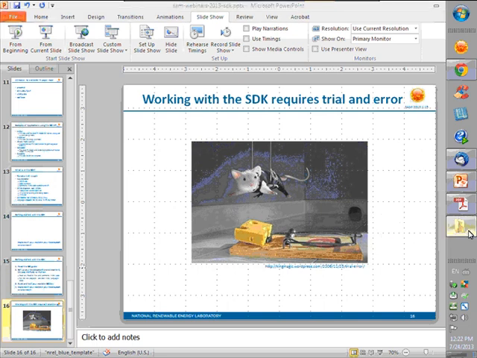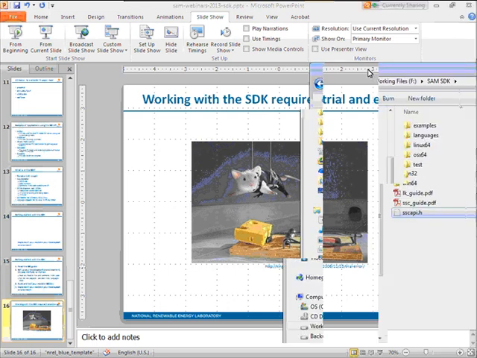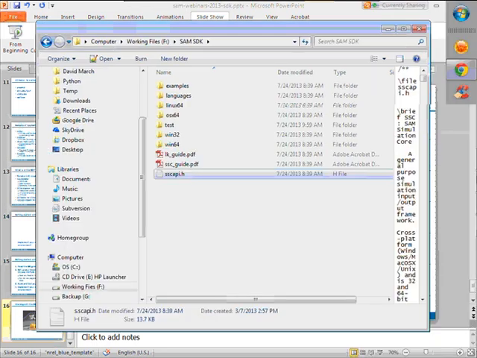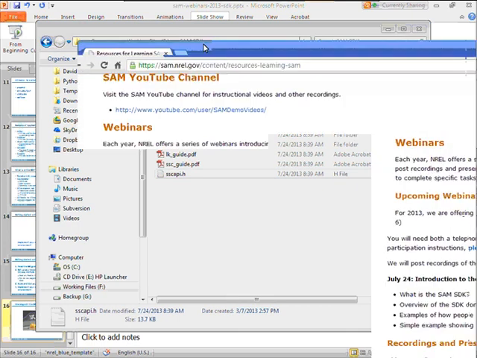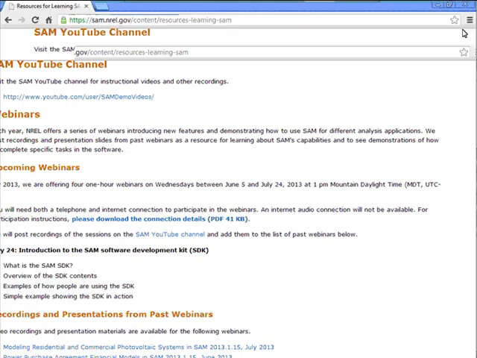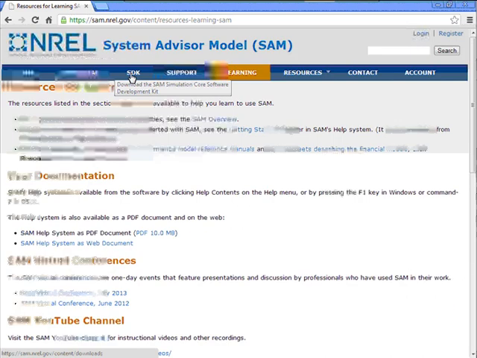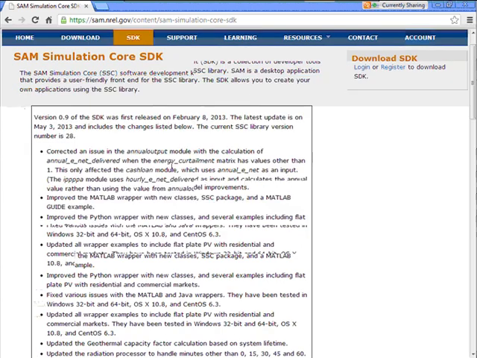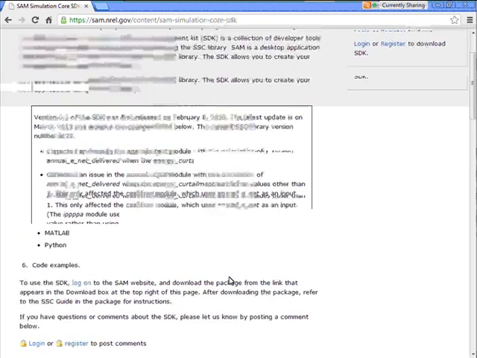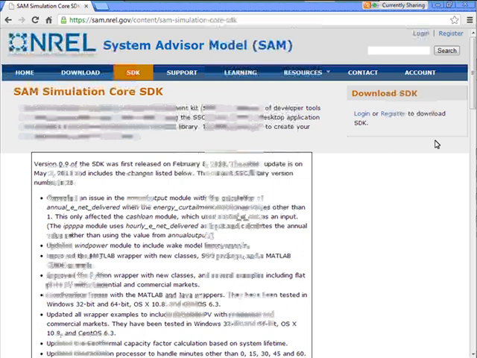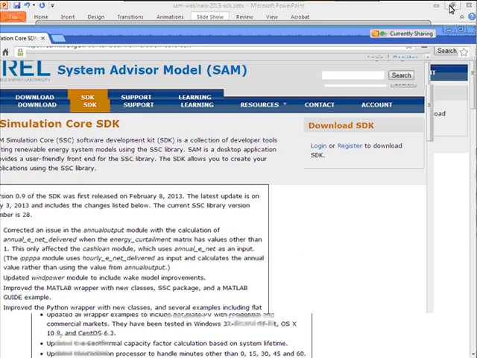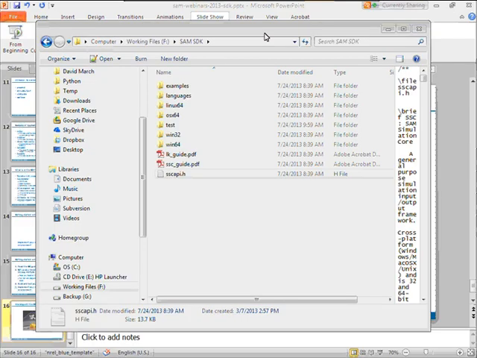Okay, so next I would like to show you the SDK. So when you go to the SAM website, here's the SAM website, and we've got the SDK menu there. If you click SDK, that gives you a description of the SDK, and then when you log in, you'll see a link here to download the SDK. It's a zip file. And when you download and extract the zip file, then you'll end up with